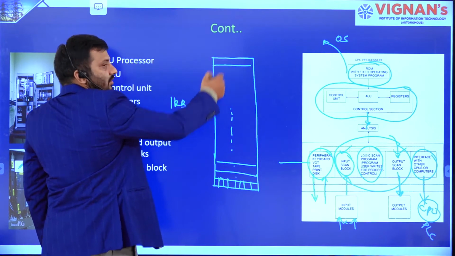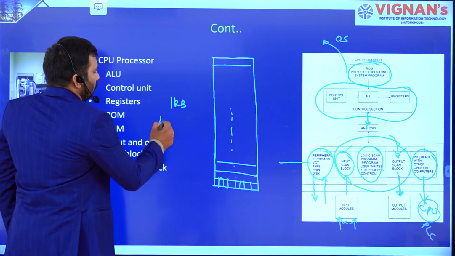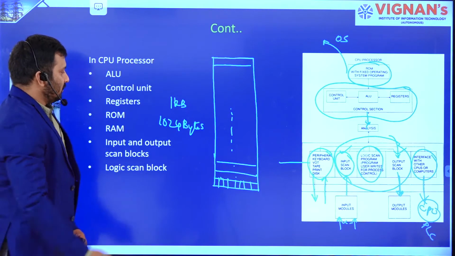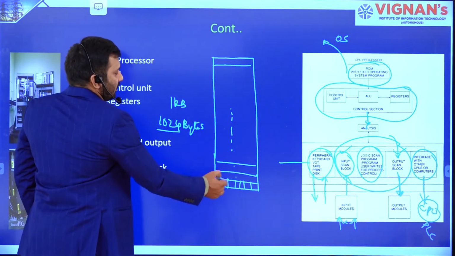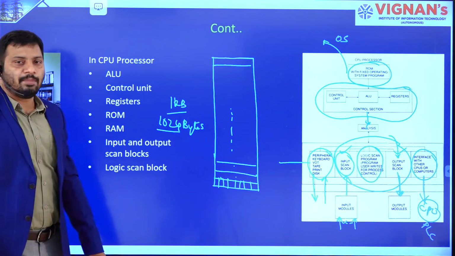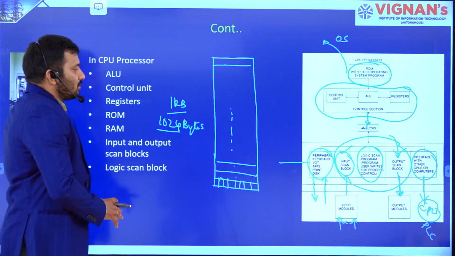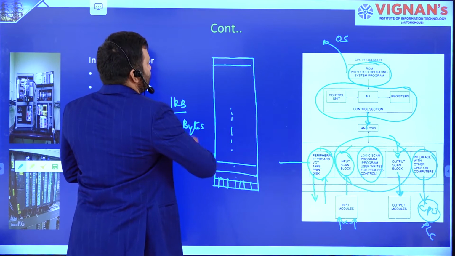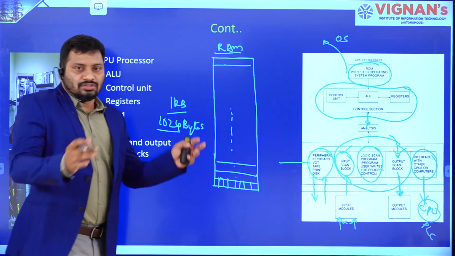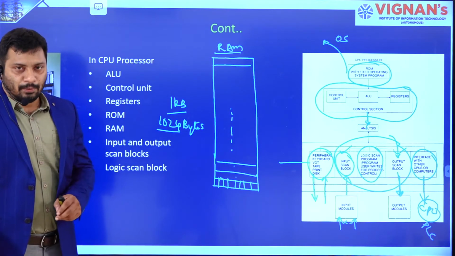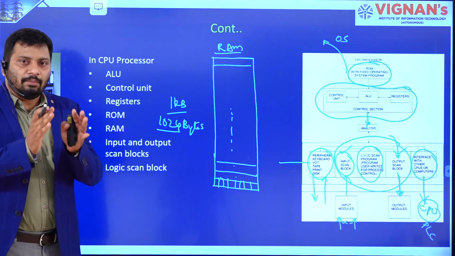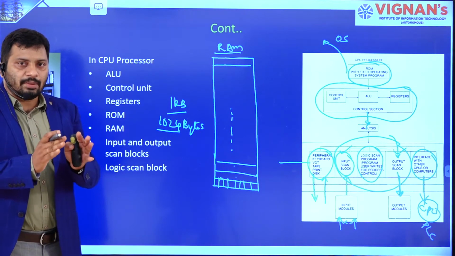In total, 1024 bytes of data. 1024 registers are there, and each one is capable of storing 8-bit data. That is normally called 1 KB of memory, right? So this is all, for example, internal RAM present in this particular CPU along with the processor, right? The processor module is different, and memory is going to be separate, right?